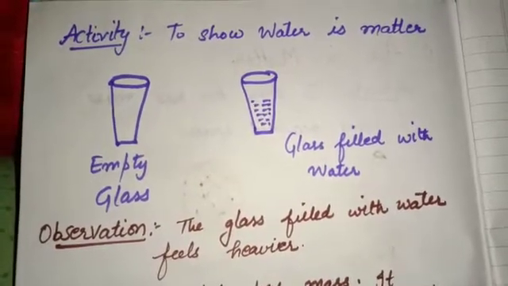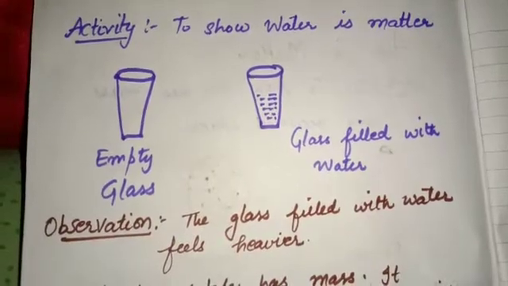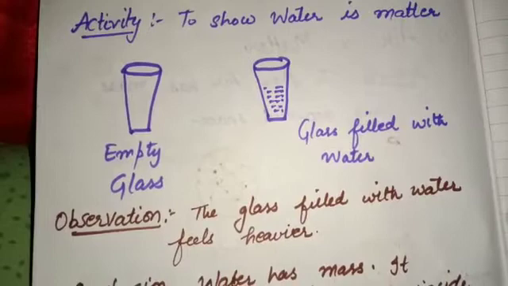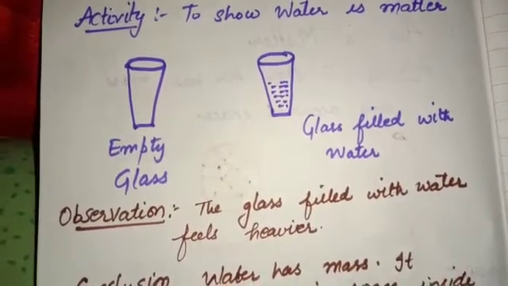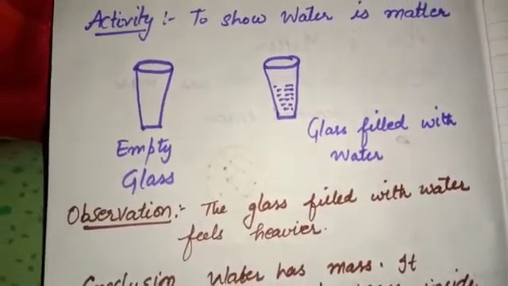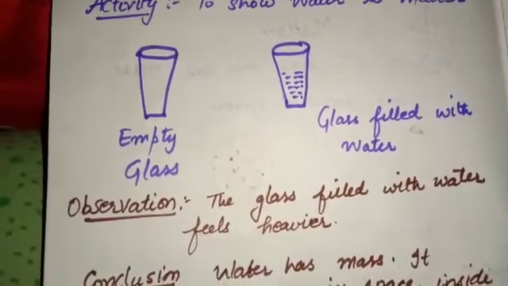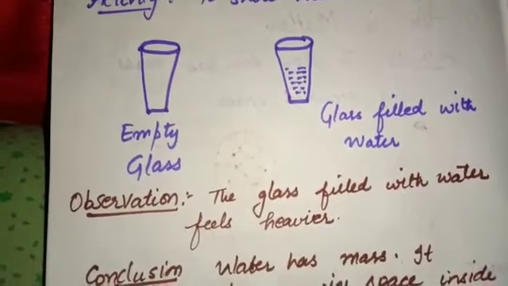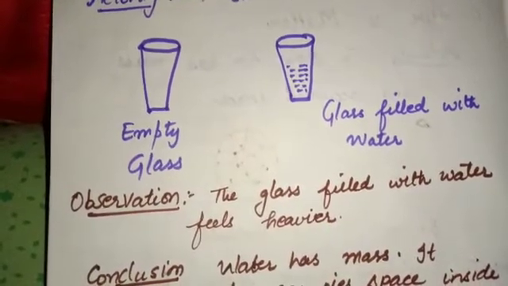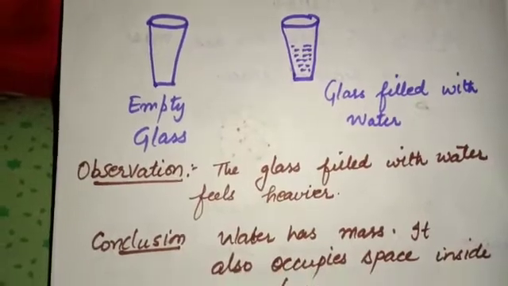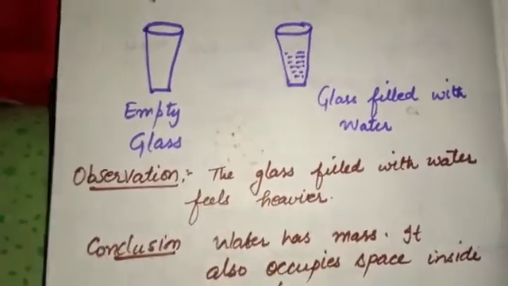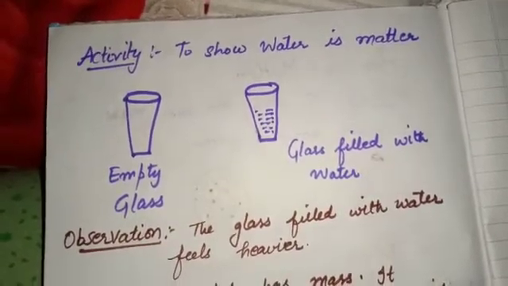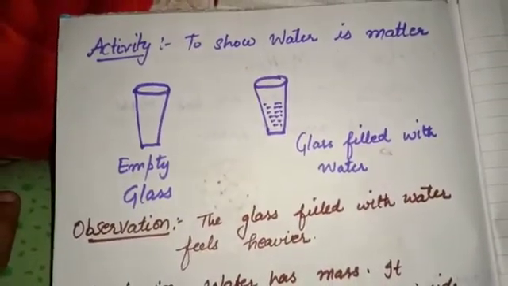Our next activity is to show water is a matter. Take two glasses at your home. One is empty and one filled with water. Now lift the two glasses. You feel that the glass filled with water feels heavier, since water has mass and it also occupies space inside the glass. So this shows that water has mass and it occupies space, so water is